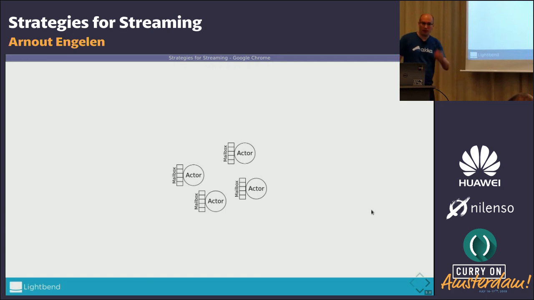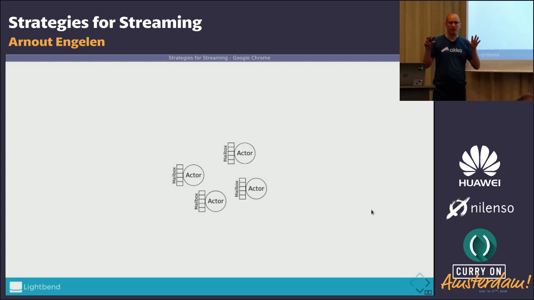And of course, I'm an Akka guy, so the way I do asynchronous programming is with actors. So most of you are somewhat familiar with the actor system. I'll just highlight the interesting bit for this talk here. In an actor system, you can have many actors who do processing of messages. And the idea is that an actor is much cheaper than a thread. And each actor has a mailbox. And these actors can communicate by sending messages to each other. And sending messages to each other means putting messages into the actor mailboxes.